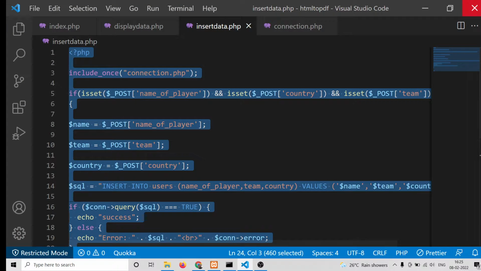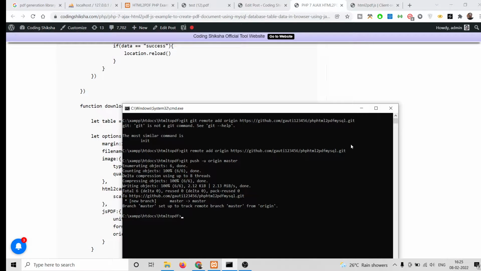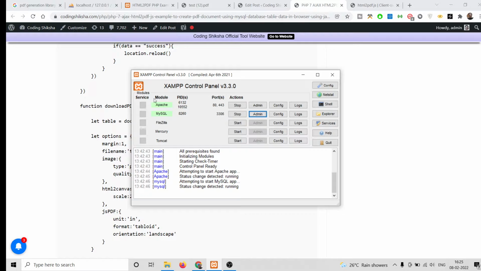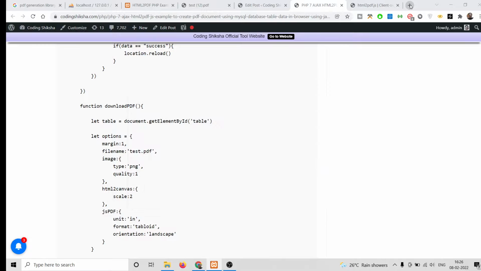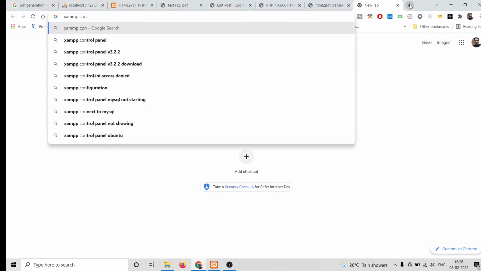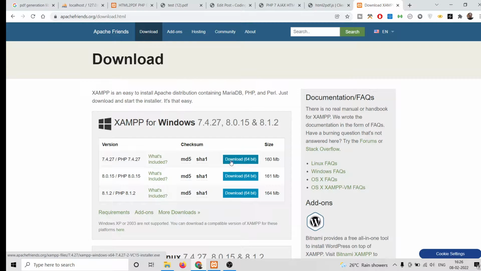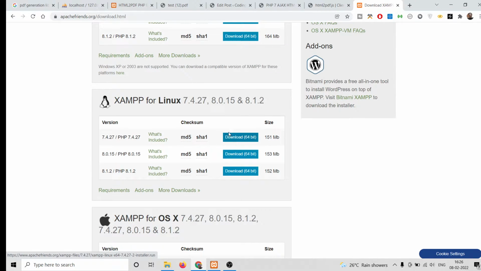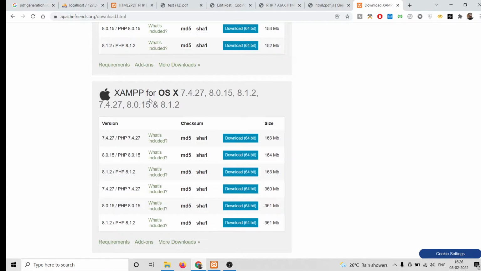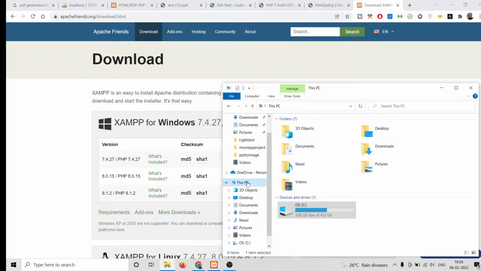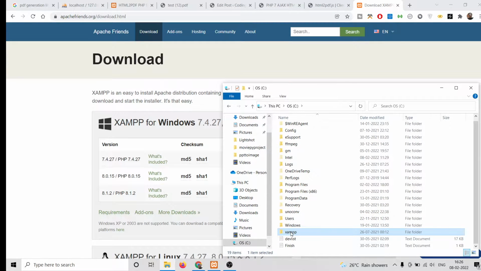Here I will close out all windows. Before that, you need a software called XAMPP control panel, because it's a PHP server-side application and you will need this control panel. It is for Windows. So simply search XAMPP control panel, and the very first link which comes in, this is an Apache server. Simply download this for Windows, either for 64-bit or 32-bit. It is also available for Linux and Mac operating systems. It's cross-platform software. After downloading it, it will be stored inside your C drive, and inside the xampp folder,